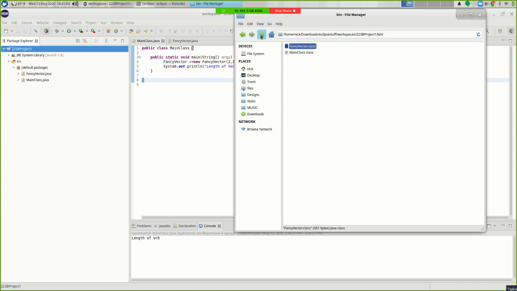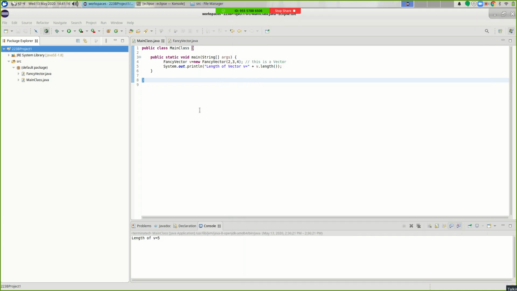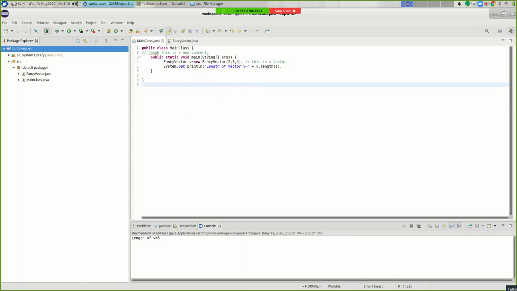So you can try to do things like this. All right, like put a new comment in there, and it pops up inside this window, right?